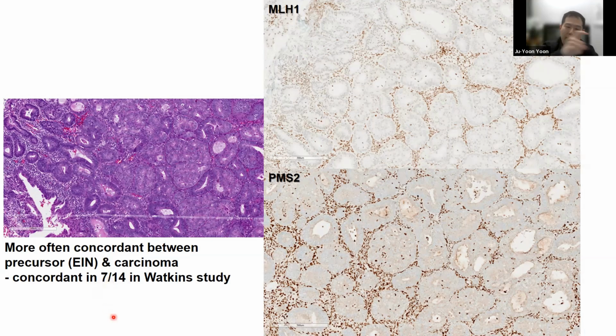But going back to the poll questions, when you think about concordance between the precursor and carcinoma, it's only about half in the walk-in study. Usually if it's lost in the precursor, it's lost in the carcinoma, but that's not always the opposite case. And I gotta say, when I mark my areas for MLH1, I do try to look at the immunostains and mark it with respect to that, but I actually don't know how many people do. It's potentially a cause of false negatives.